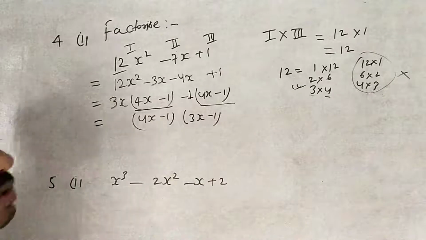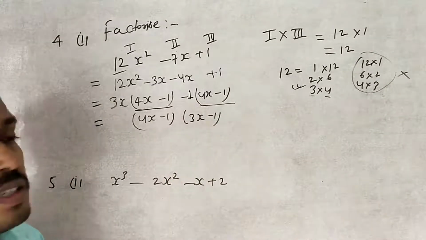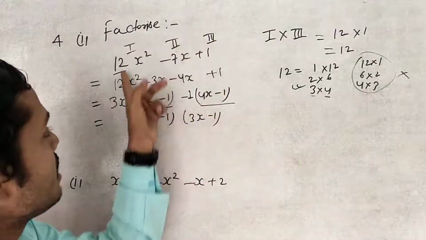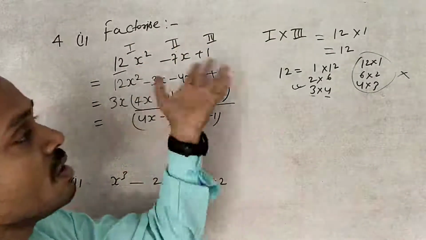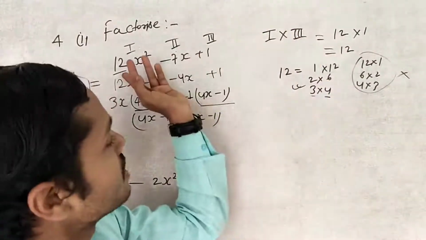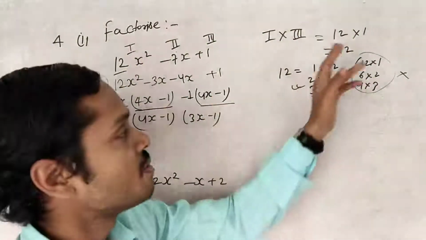According to this, 4 questions are given. You can solve them. I am repeating again. First, multiply the first term by the third term. You don't have to do anything else with the first and the third term; you have to use them just to get the product. The first multiplied by the third: the first term 12 and the third term 1, 12 times 1 gives 12.